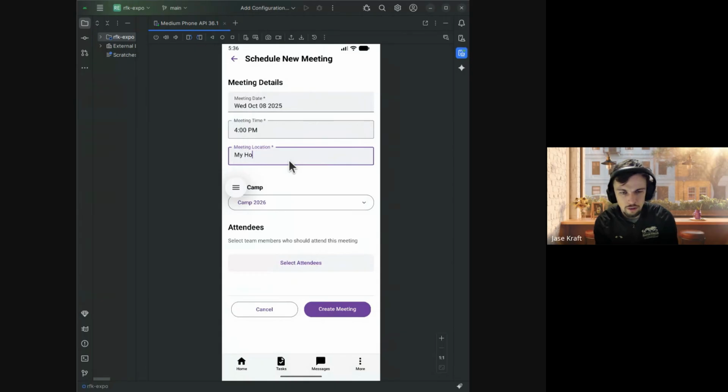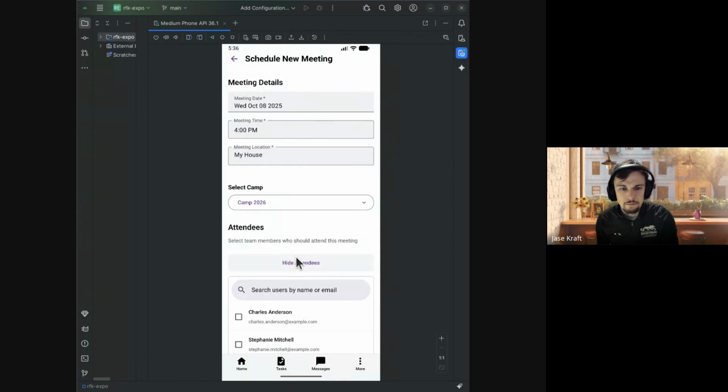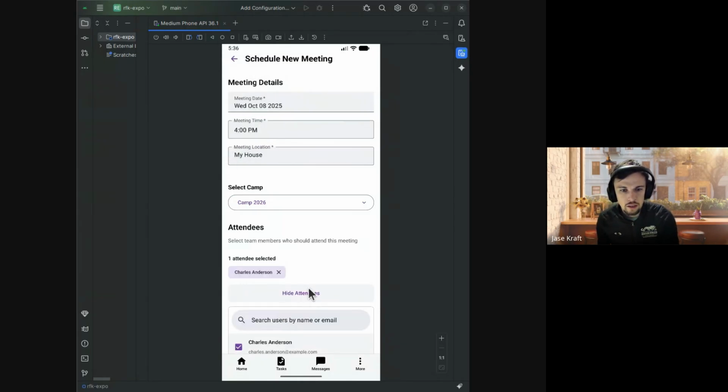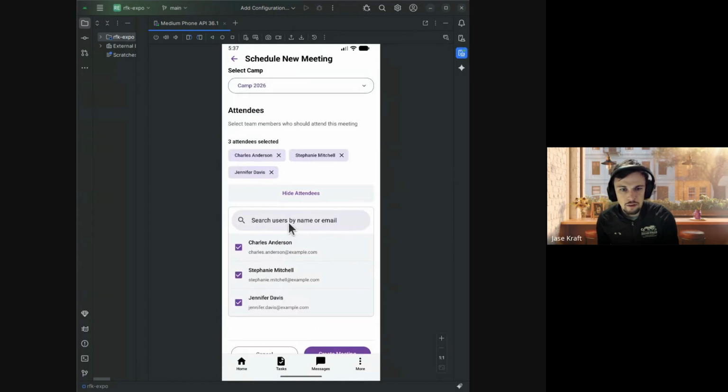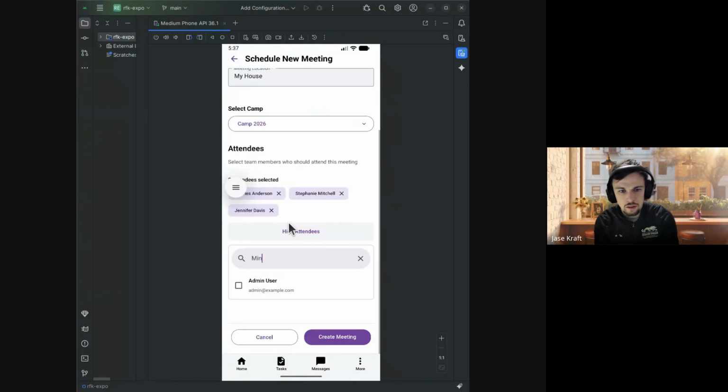This location doesn't actually have to be an address, but it will go in the Google Meeting. Invite: if I was going to invite my team, I can search for them too. And then when I create this meeting,